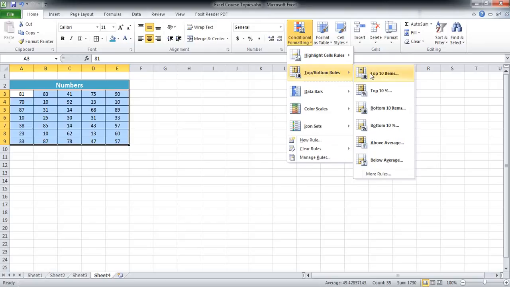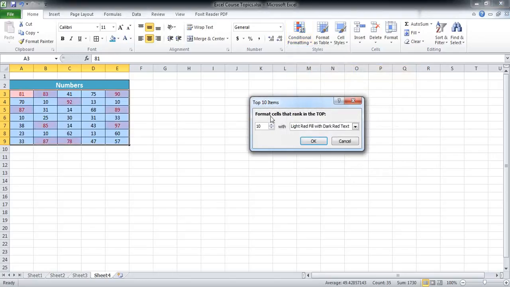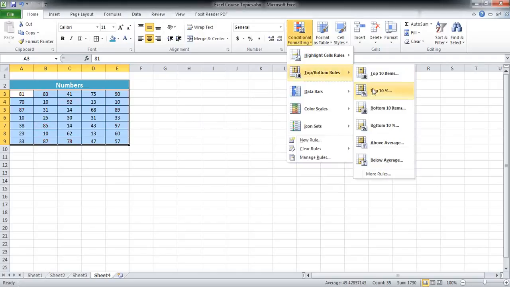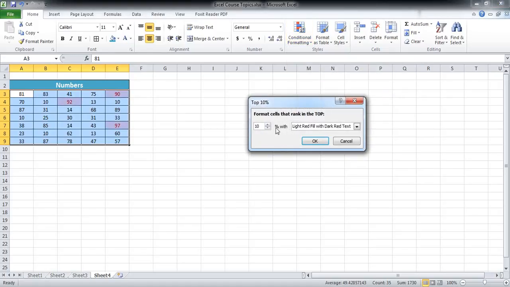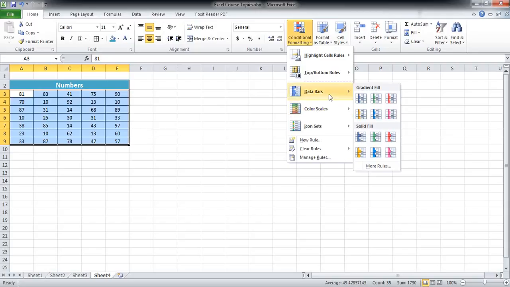We can go ahead and talk about the other cells also. The ones in this case are the top 10 cells. Say I were to select this cell, so it tells me that the top 10% of the cells should be given this color, say the light red fill with dark text. So the top 10% of the numbers across this whole bunch of numbers would be given this specific format. The previous one was the top 10 items, and the top 10% are these ones. So the 10% of them would be given this specific color, and the previous one was, my apologies for that,